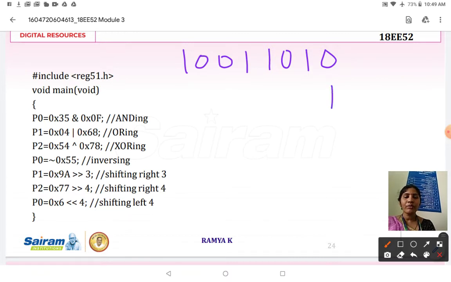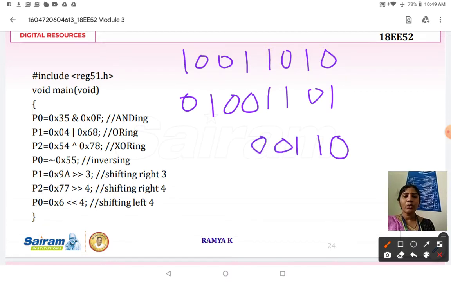After the first shift we get 0 1 0 0 1 1 0 1. Again, the second shift. And the third time, if you want to shift again, we get the final result.